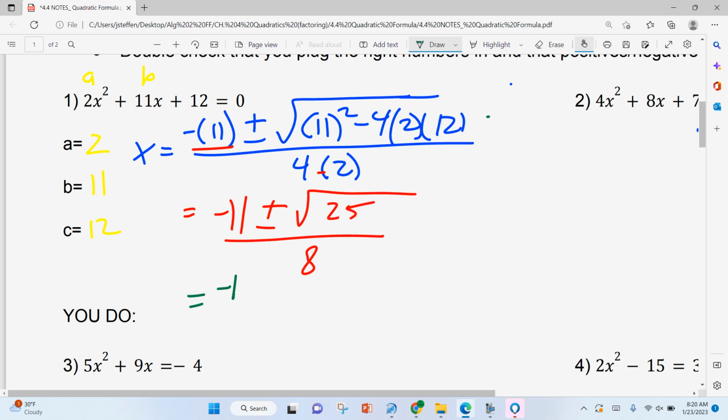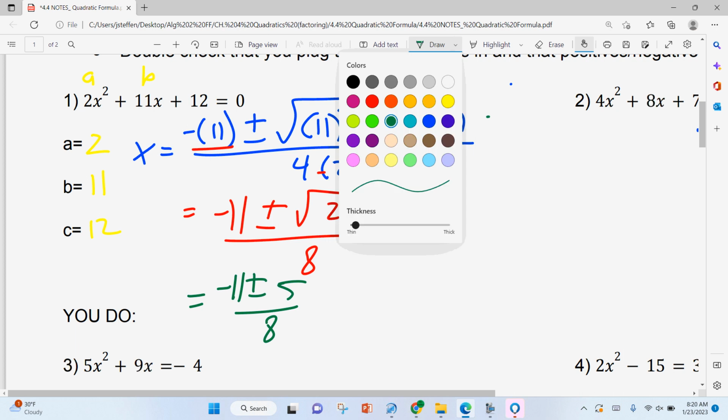Being negative plus or minus the square root of 25 is 5 over 8. Now again, the plus and minus, I've still kept it as just one big formula. This is where I split it up into two. The only other way you can simplify is taking the negative 11 plus 5 and then 11 minus 5. So again, you do not have to do it this way, but the way I always like to do this,